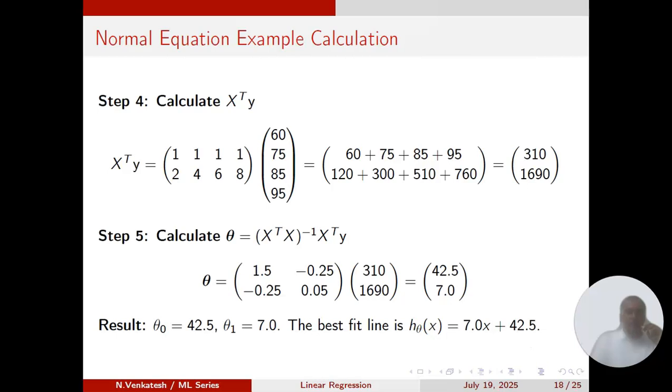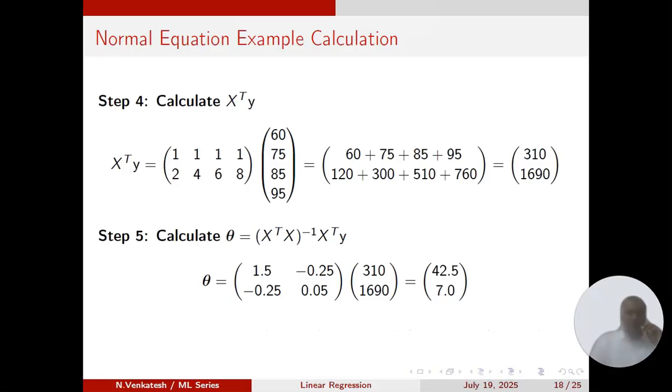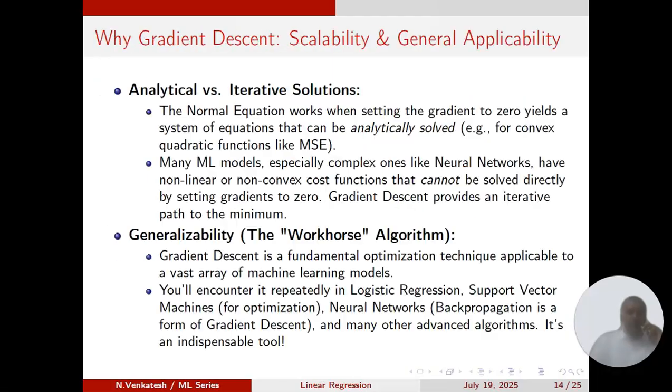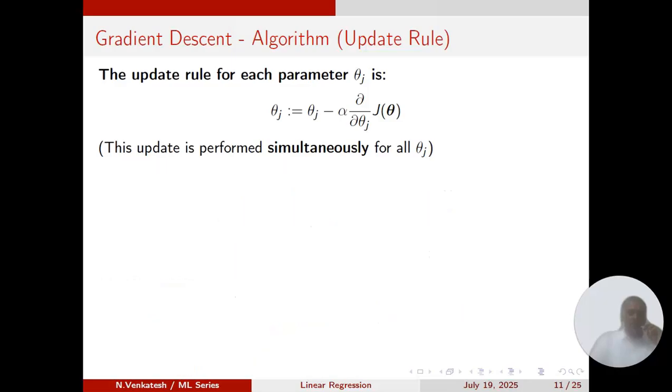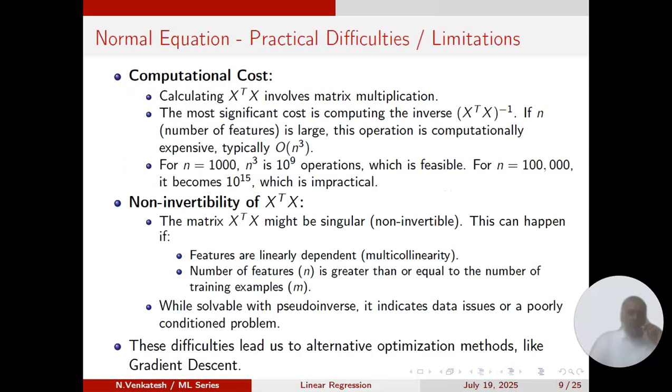So this is the direct approach for computing the theta naught, theta 1 values. But the difficulty here is it is computationally expensive, because we have to calculate the inverse as well as a matrix multiplication, and sometimes the matrix might be singular. In that case, the inverse does not exist,